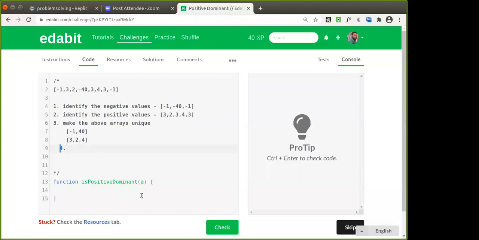You can just count that. Next step is to count the negatives.